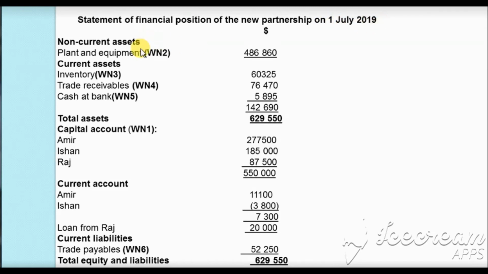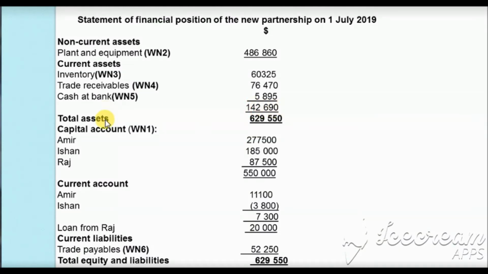Now let's proceed and make the statement of financial position of the new partnership as on 1st July 2019. We'll start with the non-current assets, for which we did the calculation in the second working notes for plant and equipment, which was $486,860, and for current assets we have inventory, for which we did the calculation in the third working notes, and the value was $60,325. For trade receivable, we did the calculation in the fourth working notes, and we got the value of $76,470, and the cash at bank was calculated in the fifth working notes, where we got the value of $5,895, and when we add the inventory, trade receivable and cash at bank, we get the total current assets as